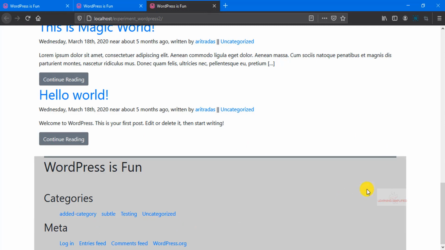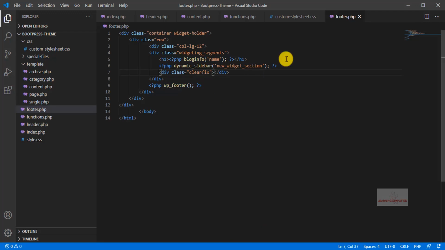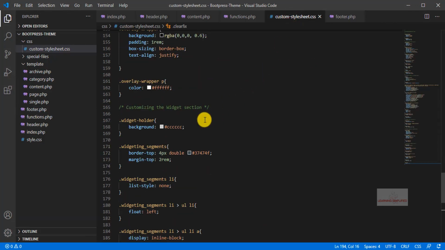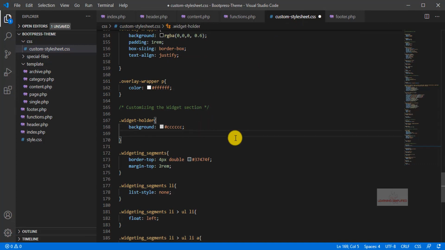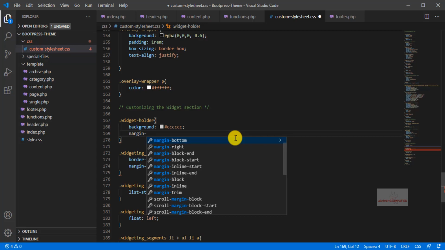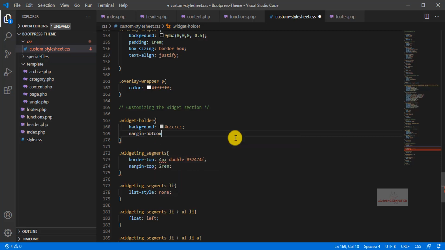Everything right beneath comes in a proper place in a sequential manner, and the container now contains this whole individual element. So we may put some additional property into it, like if we head back to this widget holder and make usage of this margin bottom here, margin bottom, let's put it to 2 rem,